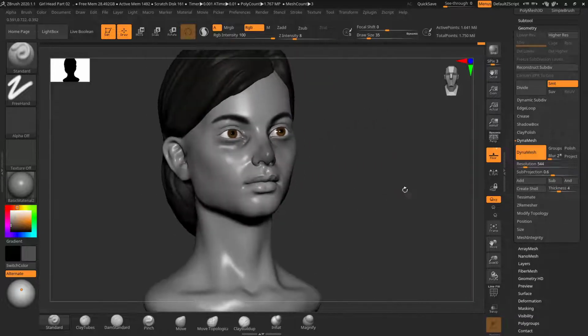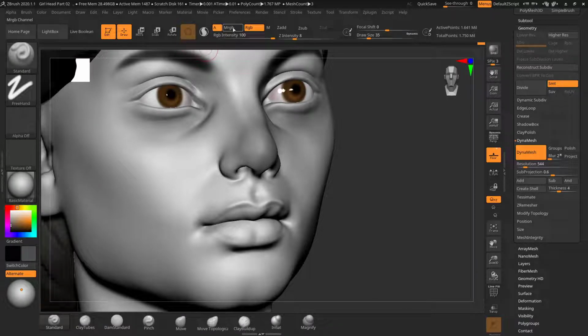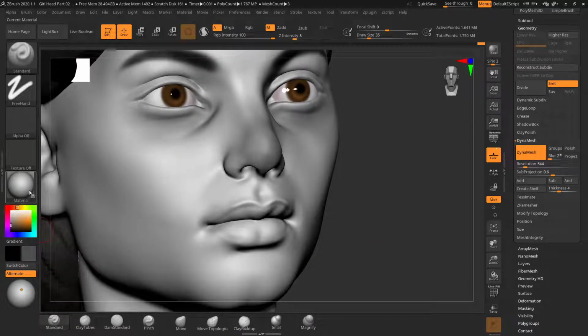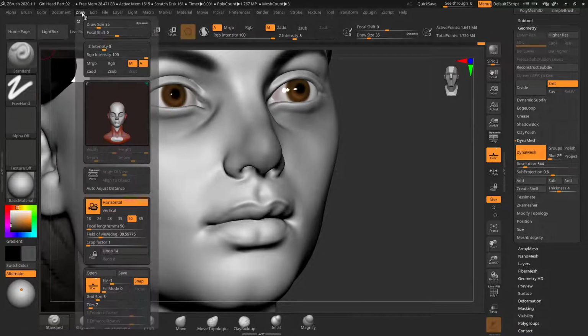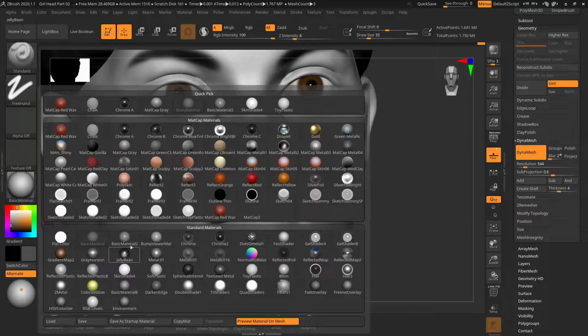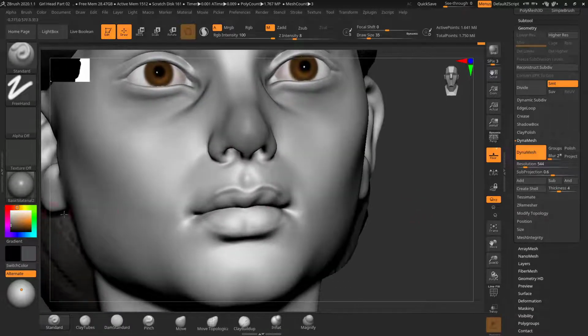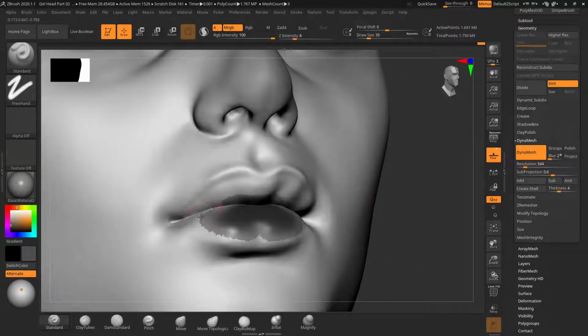Okay, let's first assign the basic material again with M only. I'm going to assign the basic material. Let's fill it. Where is that? Fill the color, sorry, color fill object. Okay, I fill that, and let's change this to basic material, and with a dark tone I'm going to choose MRGB. So whenever you want to paint the material and the color at the same time, you should choose MRGB. So here with a lower brush, maybe without,